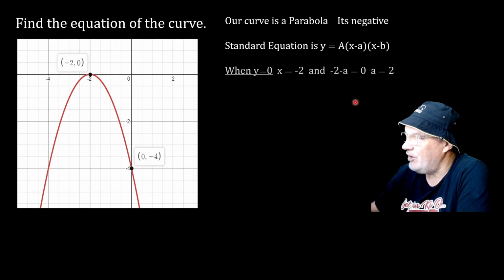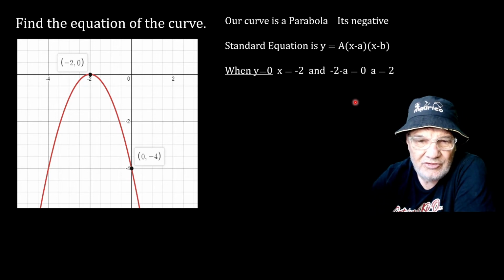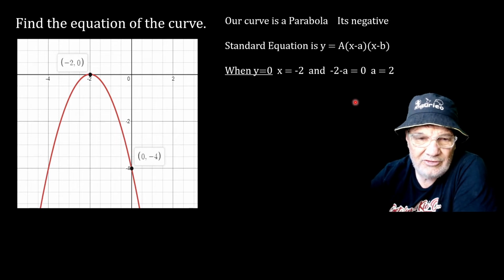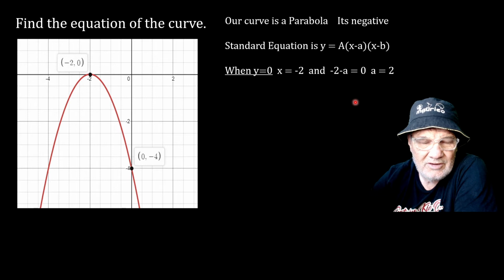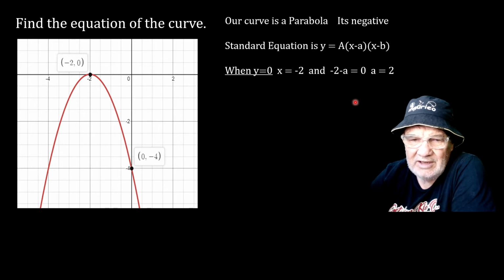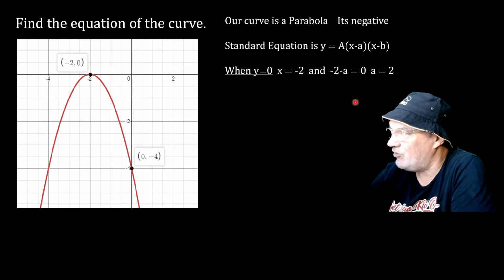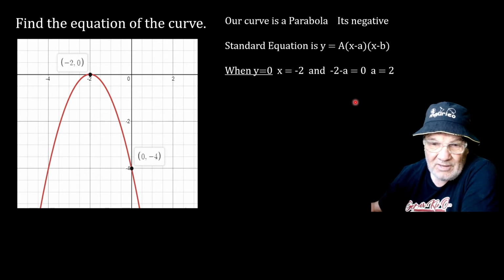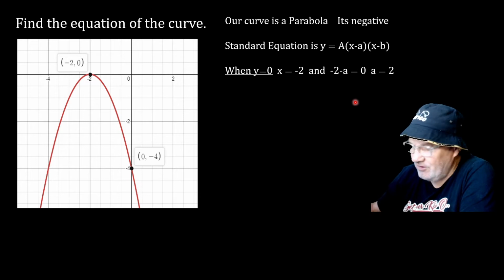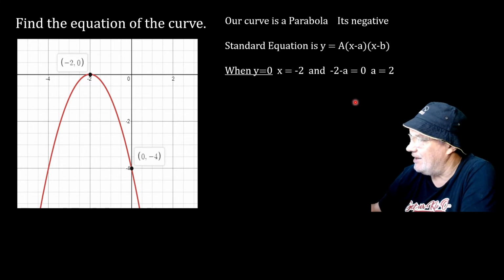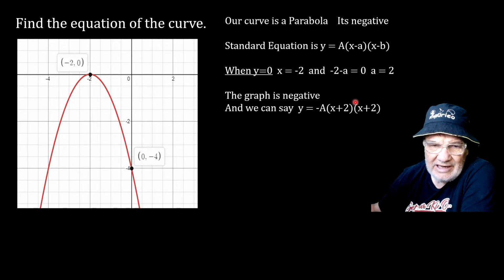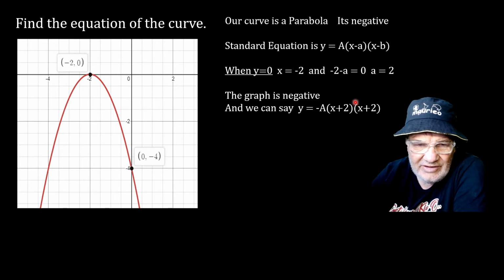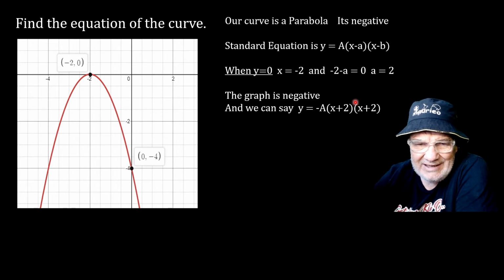And so we've got to say that when y equals 0, as we can see there, x equals negative 2. And negative 2 minus a equals 0, so a equals 2. Well, that's all well and good, but where do we go for our second root, if you like? But no, that's not what we do. We know the graph is negative,